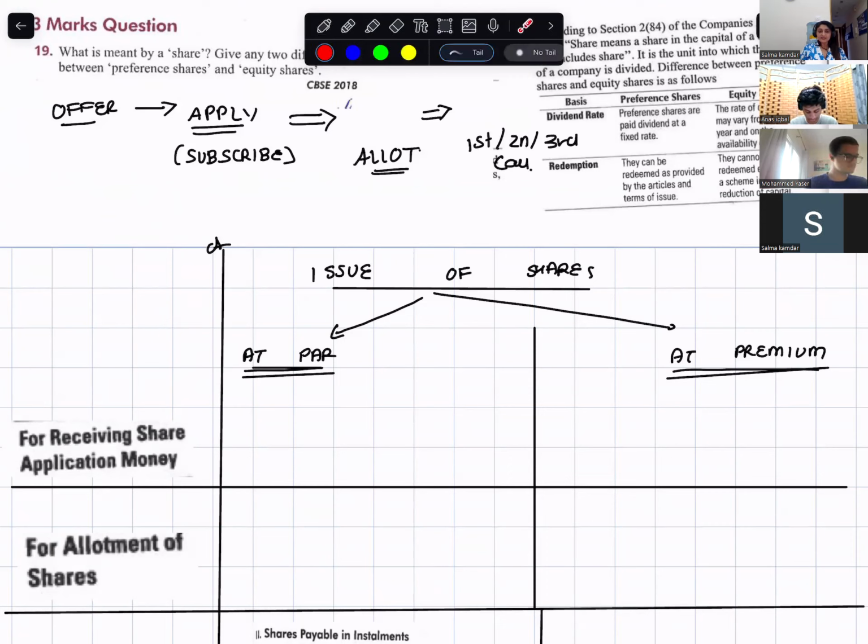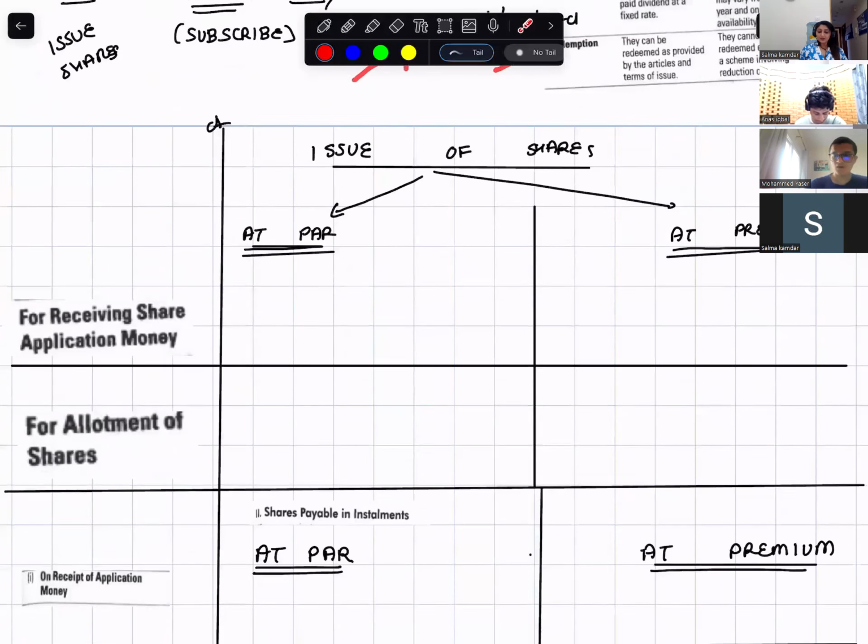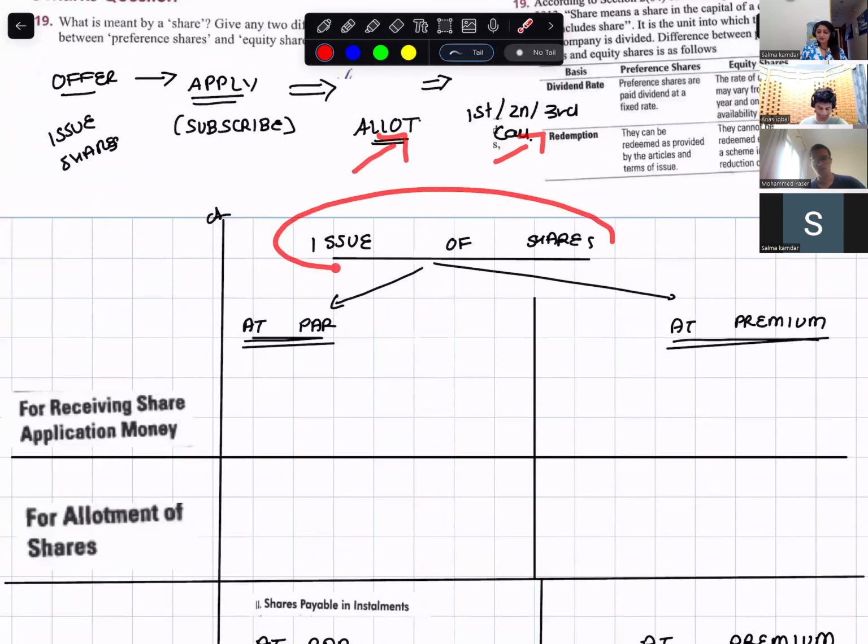First, I offer the public that come and buy shares. That means I issue shares. Then the public will apply for the shares. After they apply, I will allot them the shares. Then I can do my first, second, and third call. Now, when I am giving the shares to the public, or I say when I am issuing the shares,